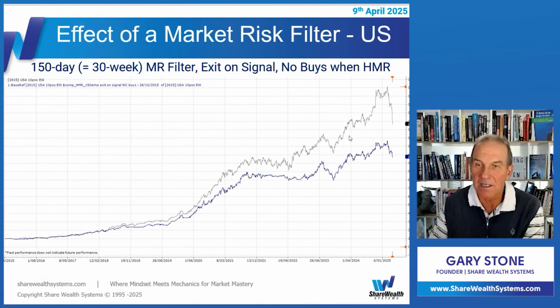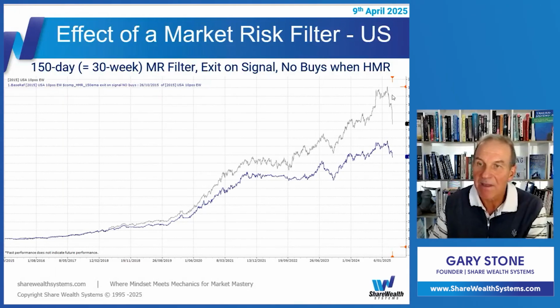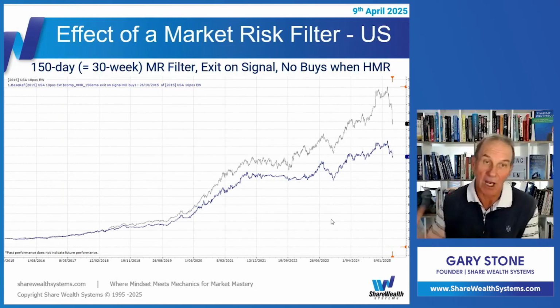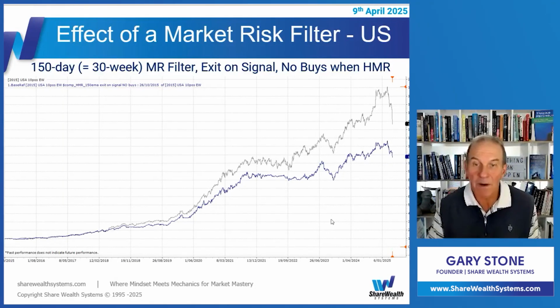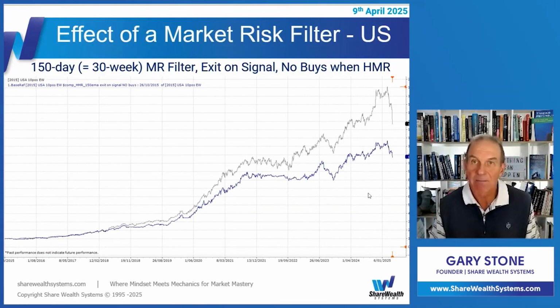And the longer this goes on, so that would be SPA3 Investor without the filter, the gray line, and the blue line is having the filter on, using those rules, and the gap just gets wider and wider. But you can see that the drawdown over the life of the portfolio, maximum drawdown, will be lower for using the filter, and it'll be a little bit smoother. And you would probably have a few less trades in periods like this in the middle over here, because when you're below, you're not taking any new entries. So a little bit less activity, but you have less exposure, and of course you underperform.